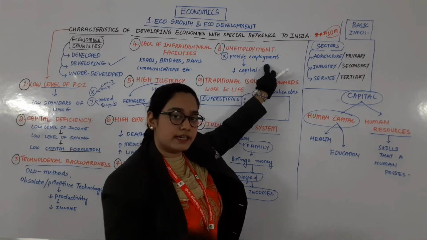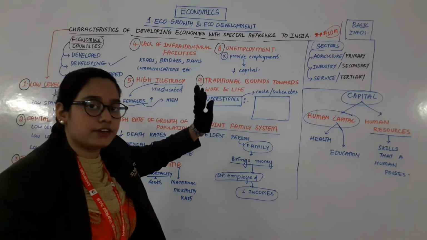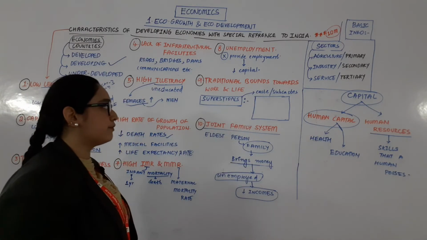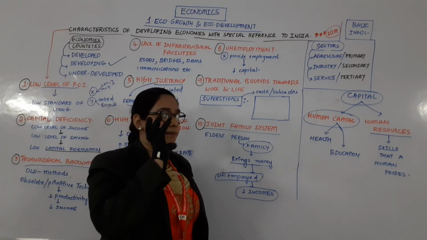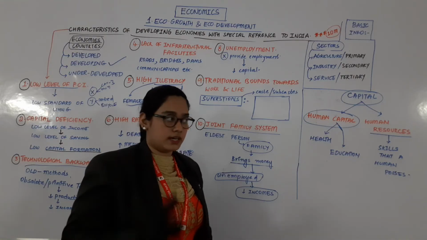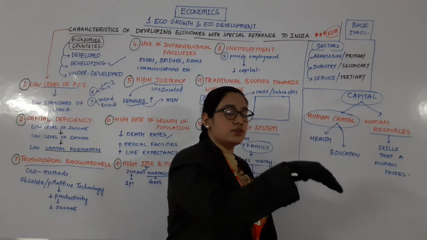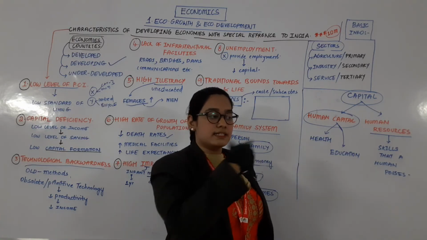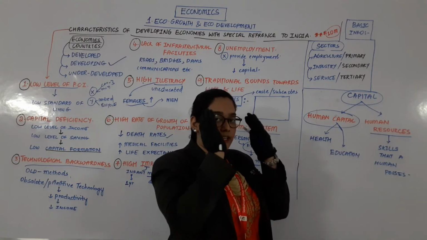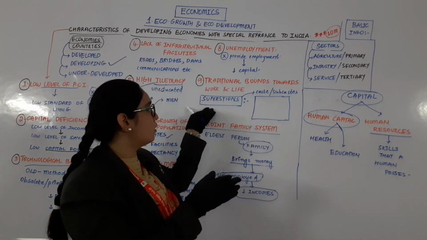When unemployment rate is more, no income. No income means we are still a developing country. Next, traditional bound towards works and life. That means people are believing in their superstitions. Superstitions, I hope you know about this. For example, if a cat crosses your way, that means something bad is going to happen with you. People say like that. These are their thinking, their beliefs, their tradition you can say, or their